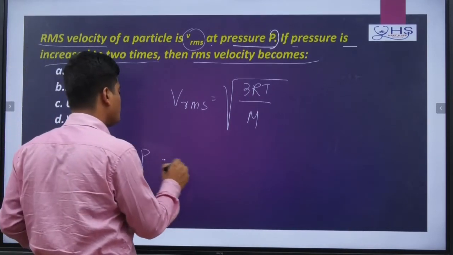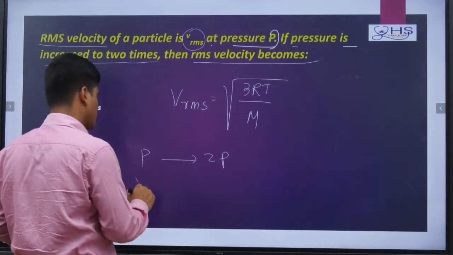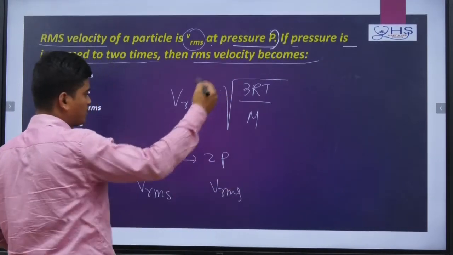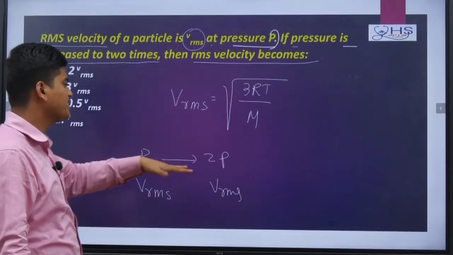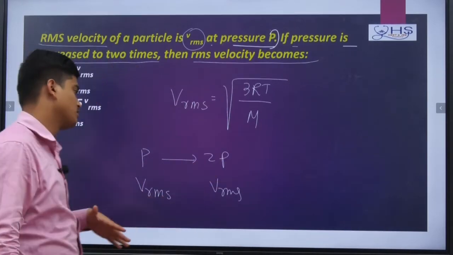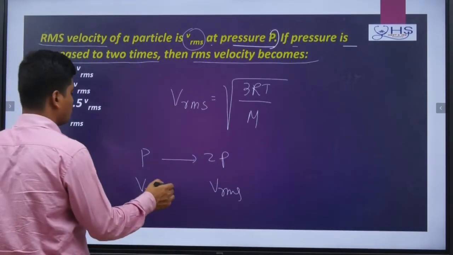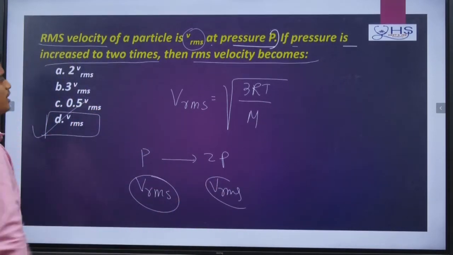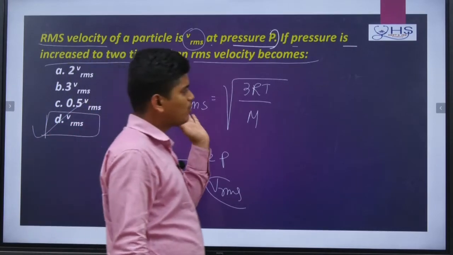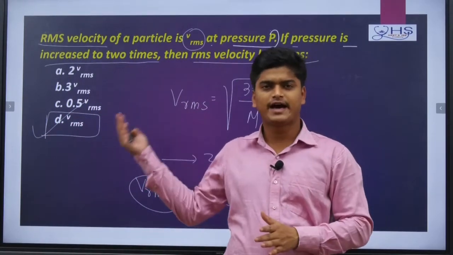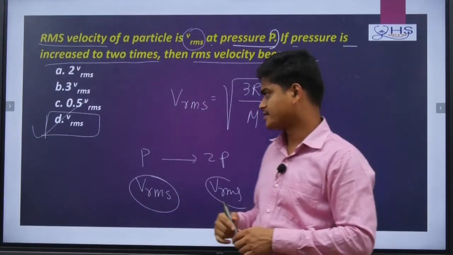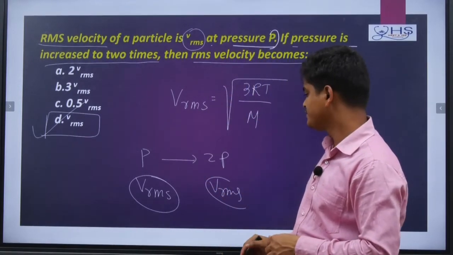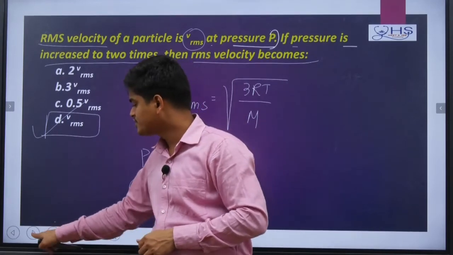either your pressure changes from P to 2P, okay, there will be no change in Vrms of a gas. It depends particularly on the temperature. That means if constant temperature is there, then it will not depend on the pressure and all. So Vrms will be same. So here also Vrms, here also Vrms. So you can tell option D is the correct answer. Okay. So whatever formula you are doing under Vrms, here pressure is the average pressure of the gas. I will go to the next question. So here was the Vrms question.